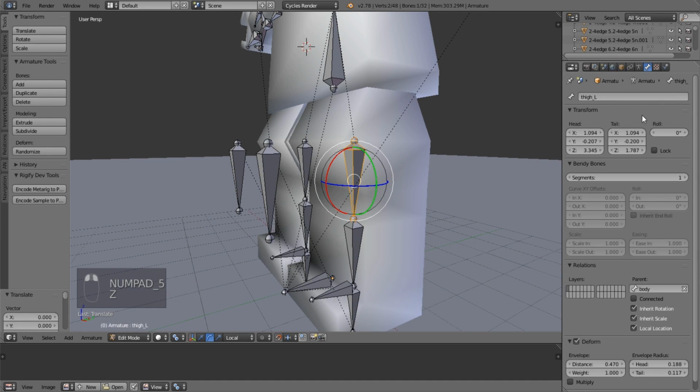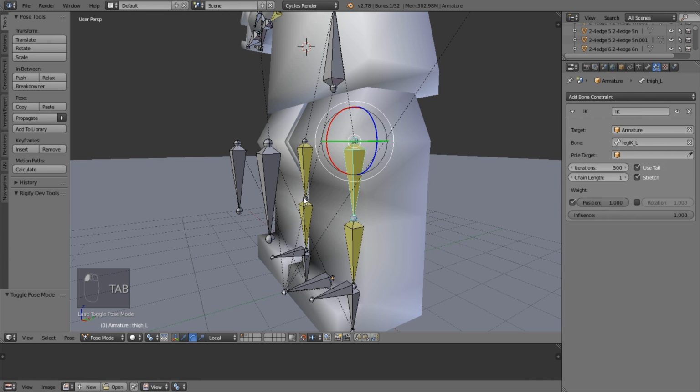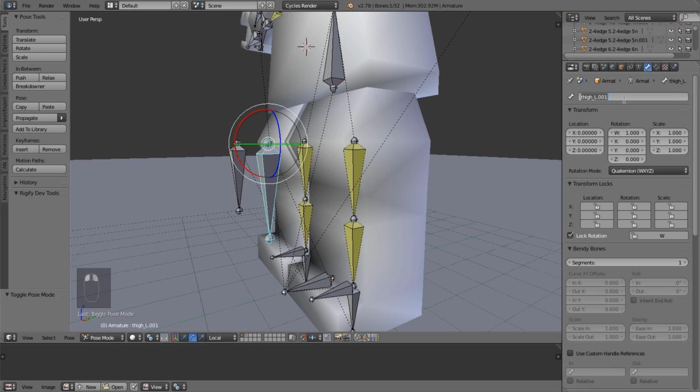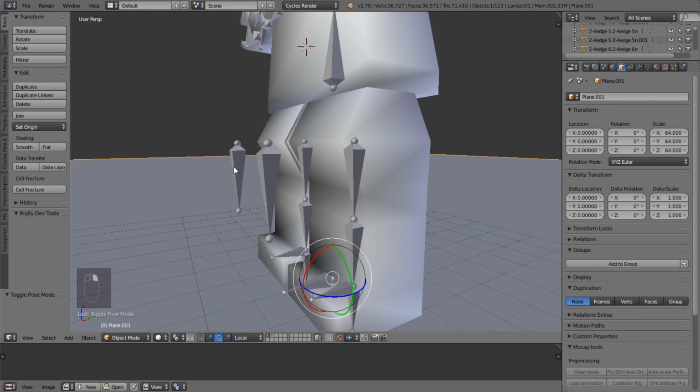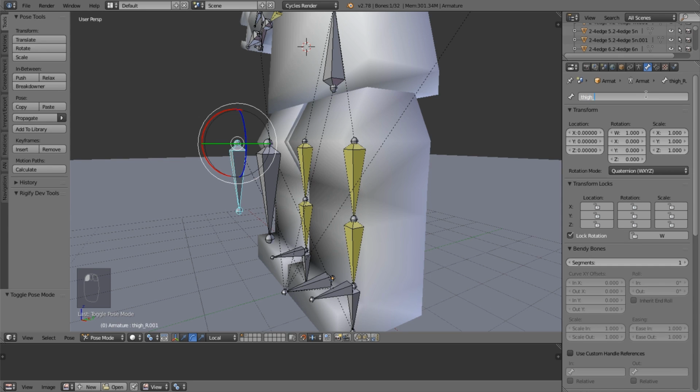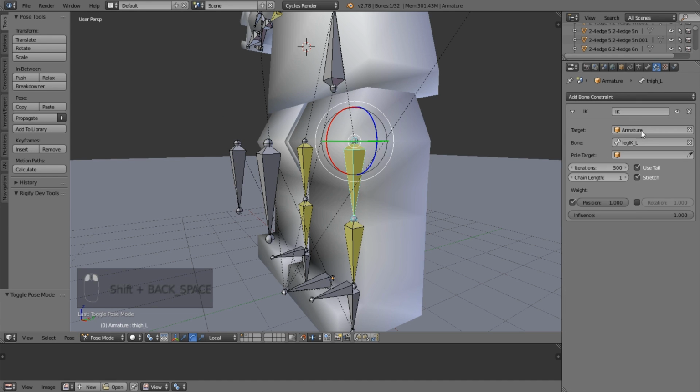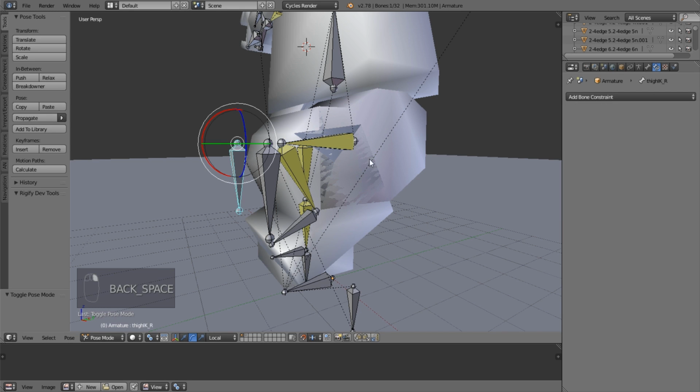Then assign these. Oh, name them first. You want to name them thigh IKL, thigh IKR. Now, thigh IKL,